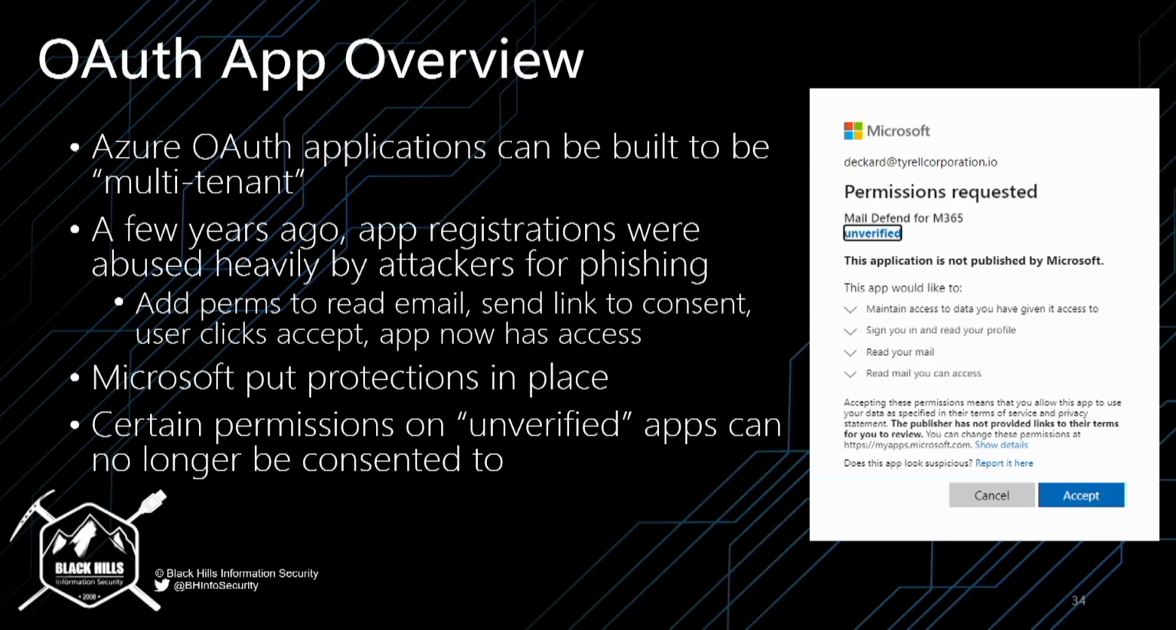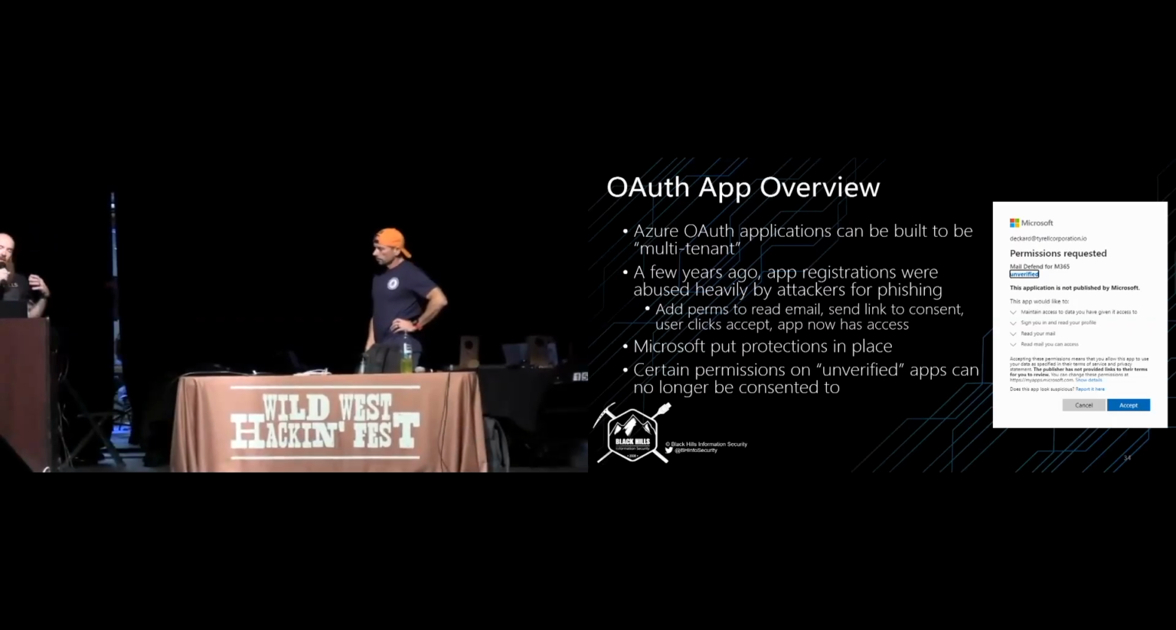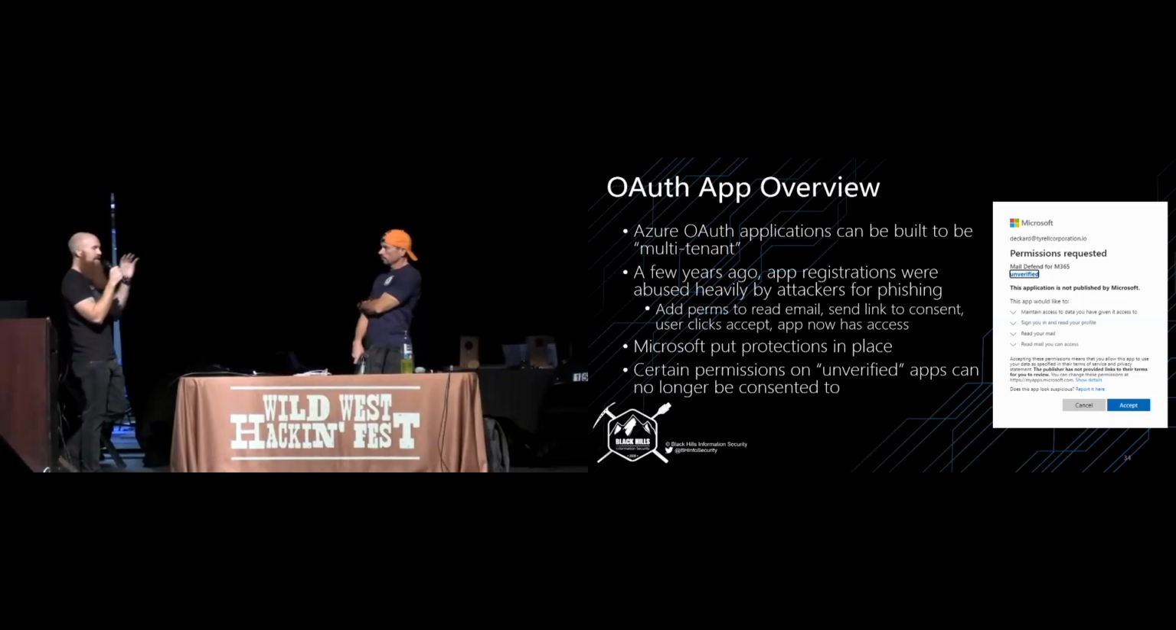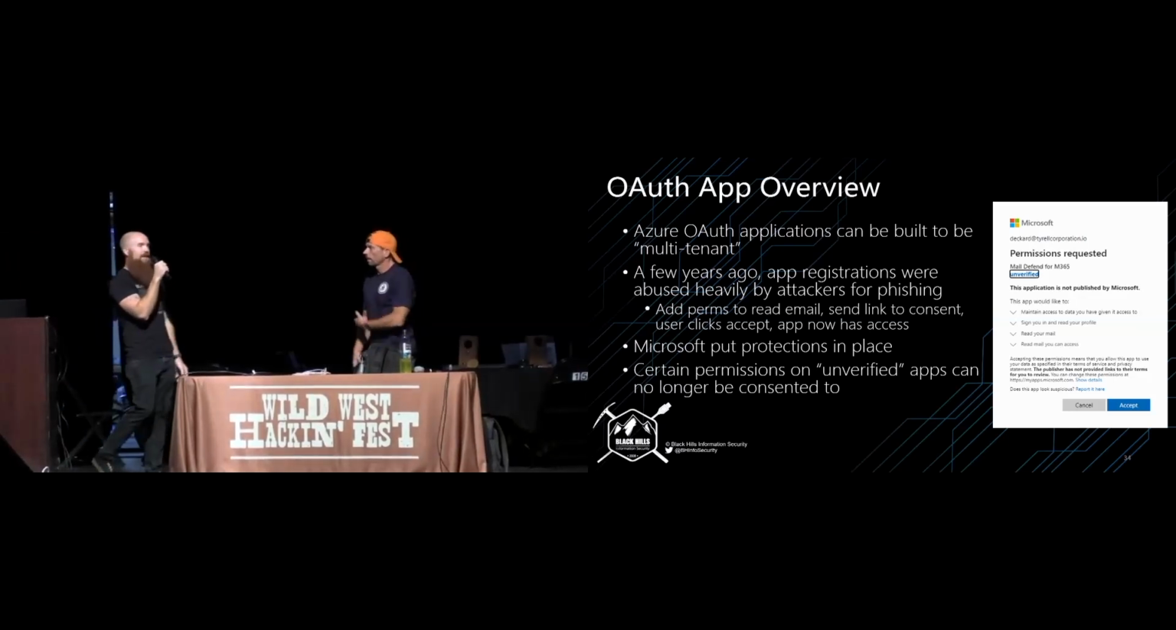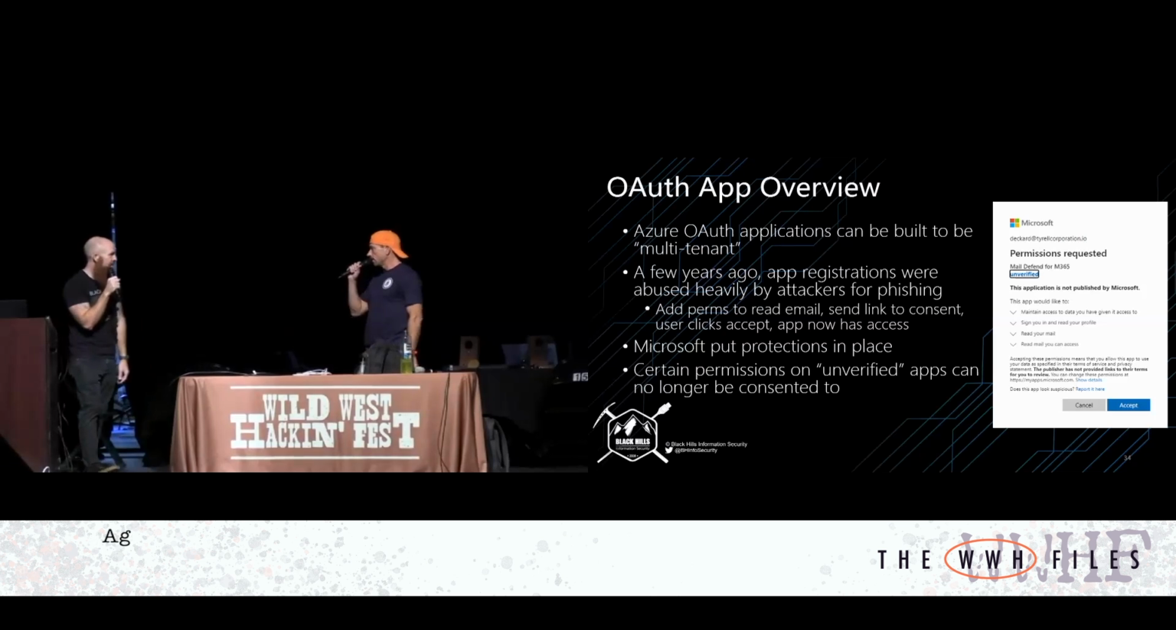And when they click accept, that application now has the ability to carry out requests to the Graph API based off of what the user consented to. So in the case of reading email, if that application had mail.read, then that application now has the ability to read emails. But since the phishing, I don't know, like basically we used it and now they're protecting against